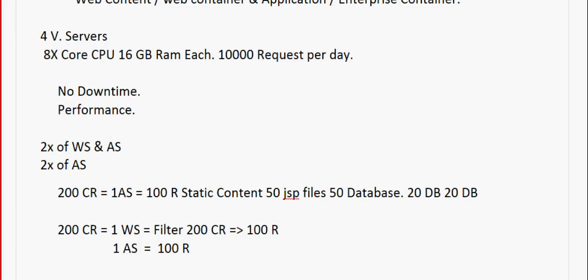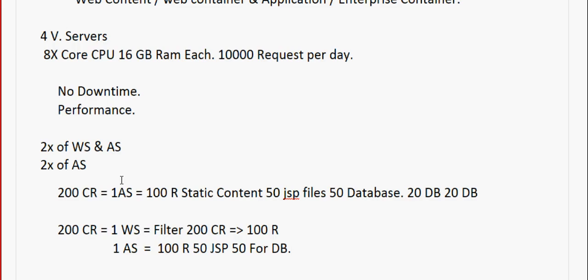It does an internal redirection to the cluster we have configured under the plugin. The application server will receive the request from the web server, process it, and divide 50 for JSPs and 50 for DB. So now the application server is dedicatedly working on 100 requests